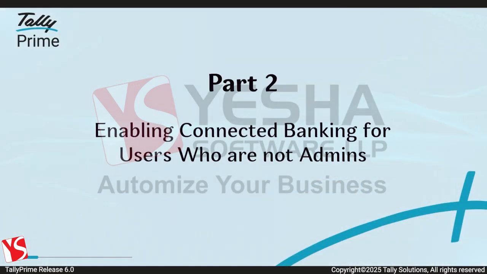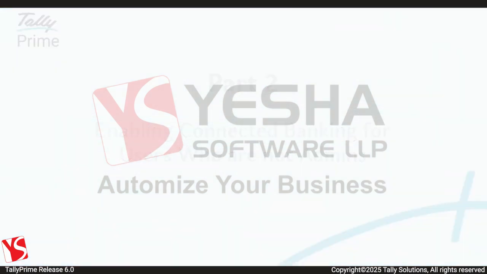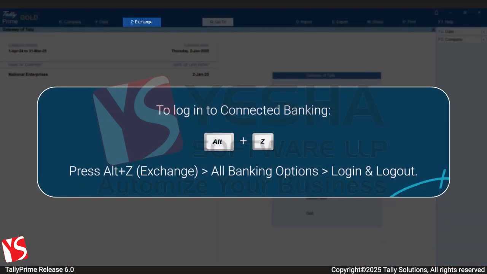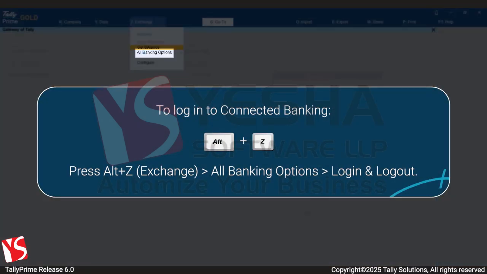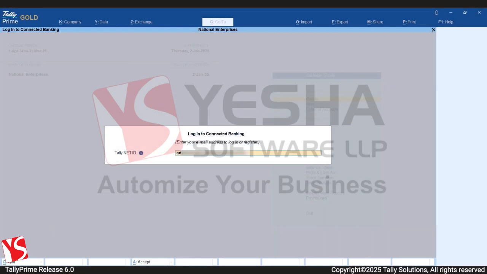Now, in a multi-user scenario, as an admin, you might need to enable Connected Banking for the users who are not admin. Press Alt-Z, all banking options, and then log in and log out. Enter the Tally.net ID of the user.